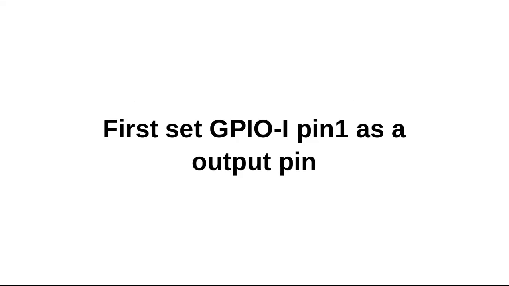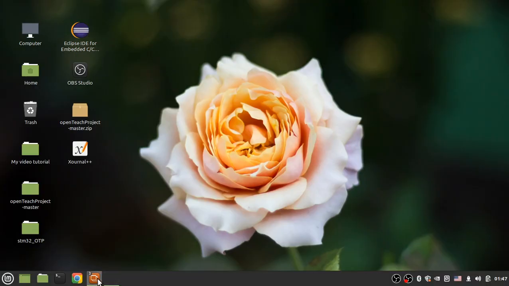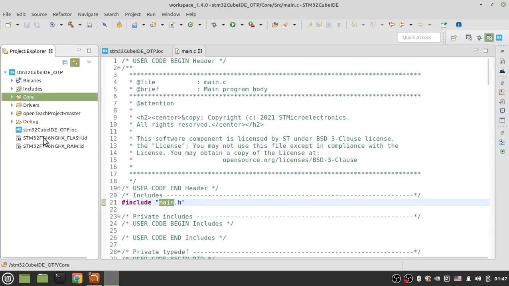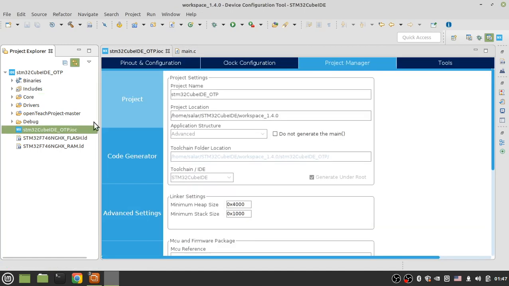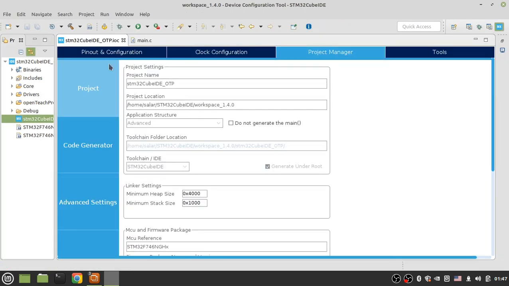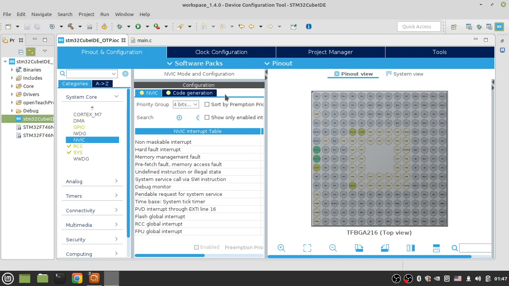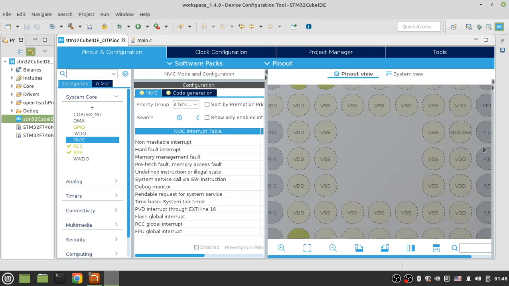But to implement this project, first we need to set GPIOI pin 1. This pin is connected to the LED. First, we need to set GPIOI pin 1 as an output pin in STM32Cube. So, go to STM32Cube and double click here. In pin configuration and tools, here